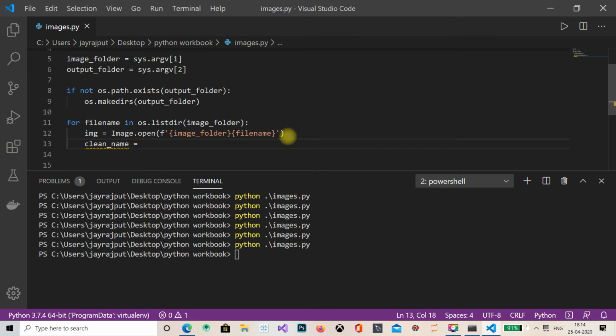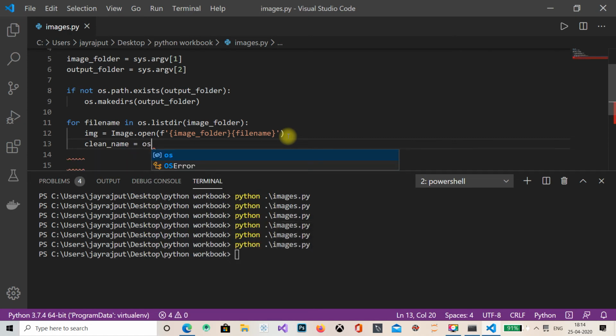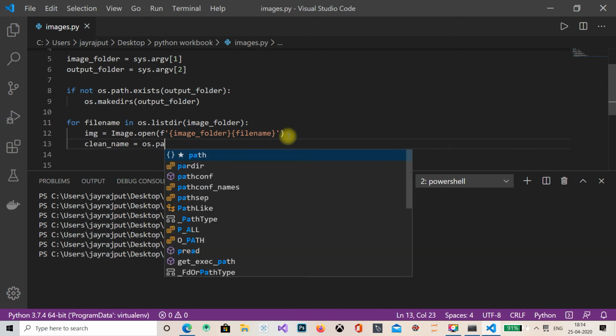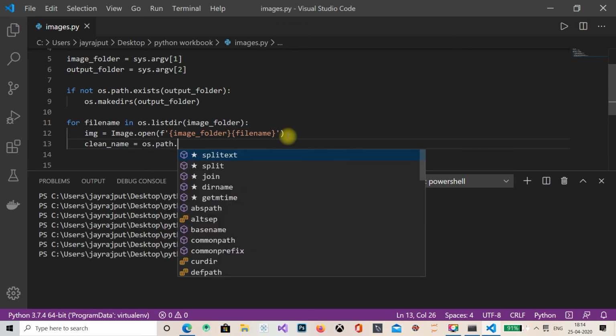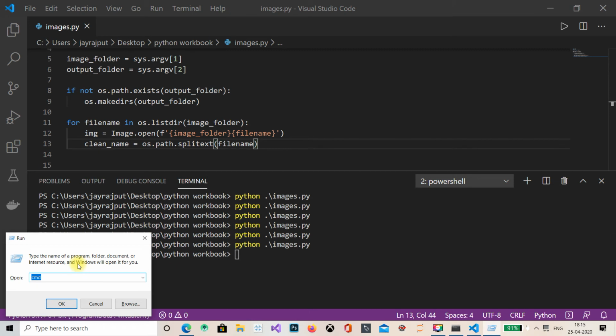Why I'm using this, guys, there is a reason behind it. I know that reason. os.path.splitext(filename), okay, filename. And yes, guys, I am using this splitext. Why? I'll explain right now.